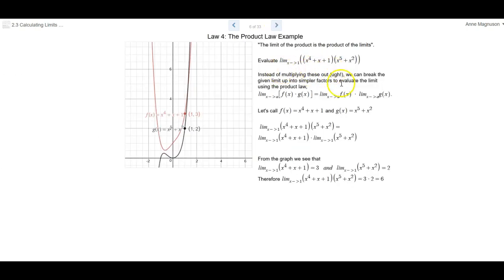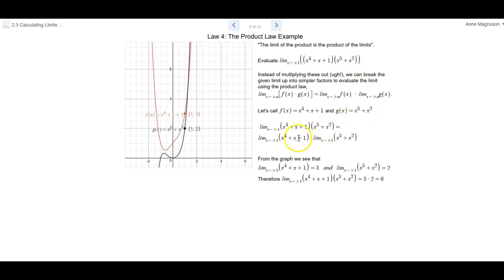The next law is the product law. That's telling us the limit of the product is the product of the limits. And if we look at this example, we can see how this would come in handy because you don't really want to have to multiply this out. So let's look at the limit as x approaches 1 of this function. This law tells us that we can look at the limit of each of these factors and then multiply those limits. So if f of x is this first factor, and we call g of x the second factor, x to the 5th plus x squared,